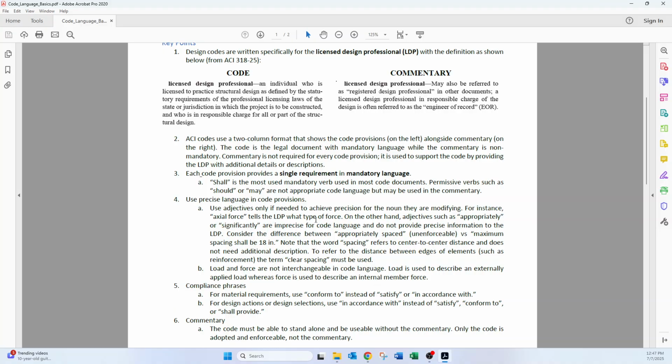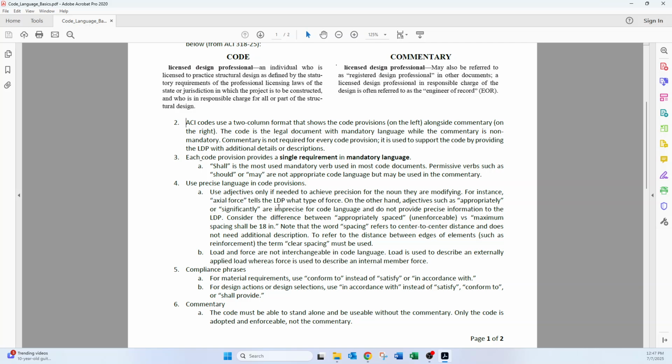Okay, so the TCM goes through the exact examples, and I encourage you to take a look at that. But you only use adjectives if they're needed to achieve precision for the noun that they're modifying. So if I have the phrase axial force, axial is telling me which type of force. On the other hand, if I use something like appropriate force or significant distance, those are kind of weaselly adjectives. They are imprecise for code language, and they don't provide the information that the LDP needs